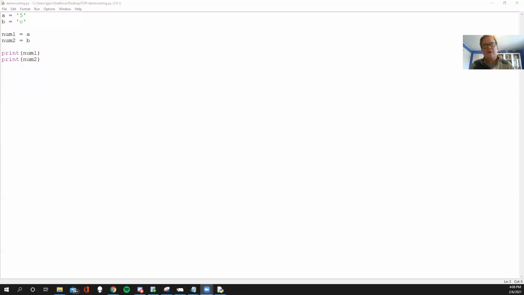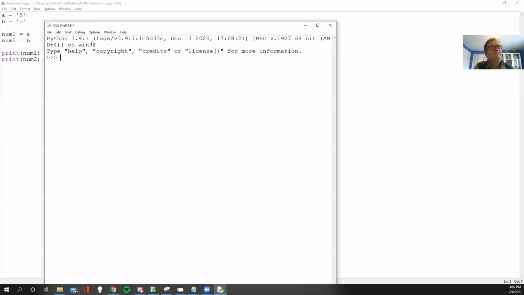So sometimes it's good to go into another language to try and demonstrate a particular problem. This kind of came up in the last discussion when I was talking about variables, and you'll notice here that this variable is called A and it's assigned a literal 5. This variable is called B and it's assigned a literal C, character string C. We basically say num1 is A, num2 is B, and then we print them. Now, when we run this thing,